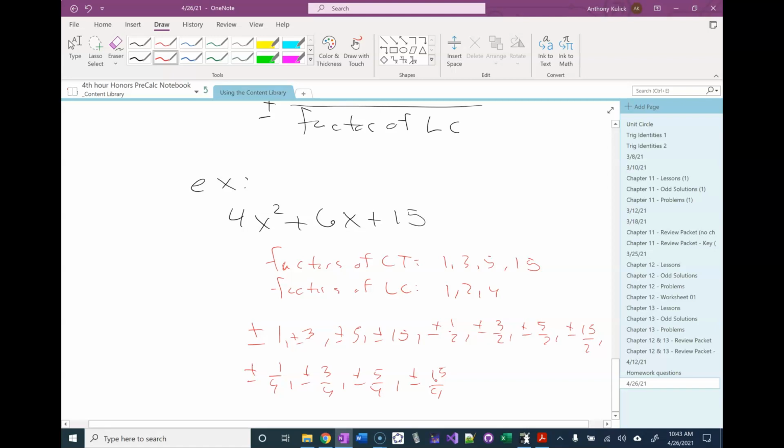So then after we find the possible rational zeros, we should probably graph it. You should graph it, and then you're looking at the x-intercepts and looking for x-intercepts that appear on this list. So only the ones that appear on this list are the ones I care about. If it's not on this list, I'm not going to use it to do the division with. And the way I can tell if it's going to be used more than once is how that x-intercept